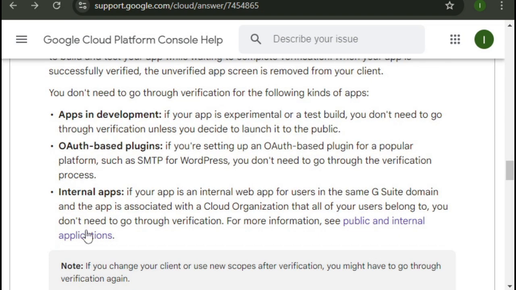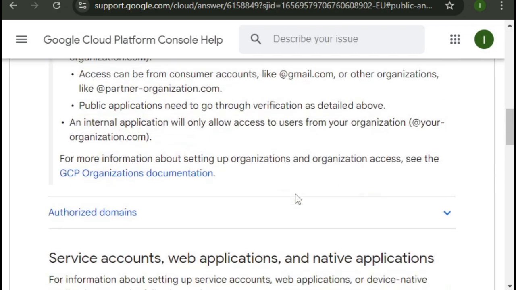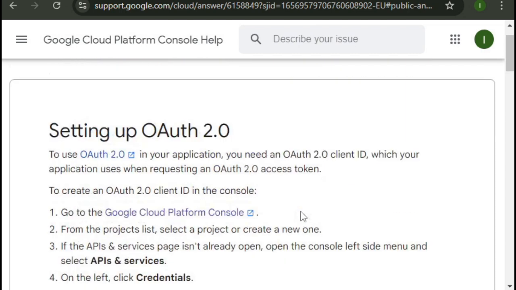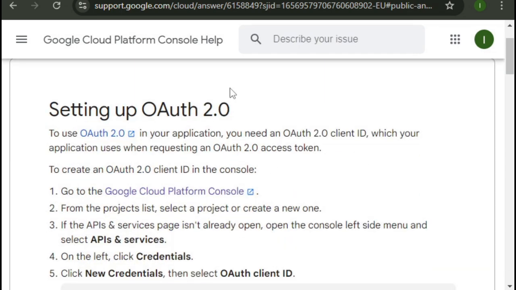And if we look at the internal apps, it's saying here that if your app is an internal web app for users in the same G Suite domain, and the app is associated with a cloud organization that all your users belong to, you don't need to go through verification. For more information, see Public and Internal Applications. So if I just click on that link, then it gives us details on how to set up the OAuth 2.0. So as far as this video is concerned, I think this is a topic that belongs in the video in its own right. So I won't be doing that in this video. Instead, I'll just carry on with a hack, but you'll need to decide for yourself what steps are appropriate for